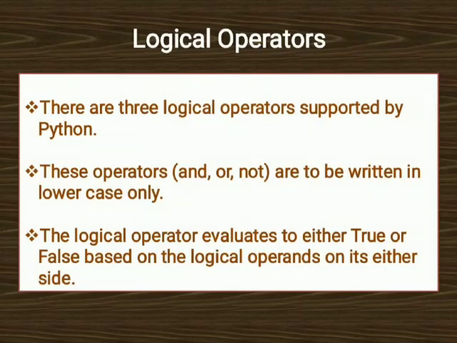In logical operators, we will combine two simple expressions. For example, A is greater than B and A is greater than C. We are using two simple expressions separated by logical AND. So they also return a Boolean value. In Python, we have three logical operators: and, or, not. All these three operators are written in lowercase. Like relational operators, they also return either true or false.